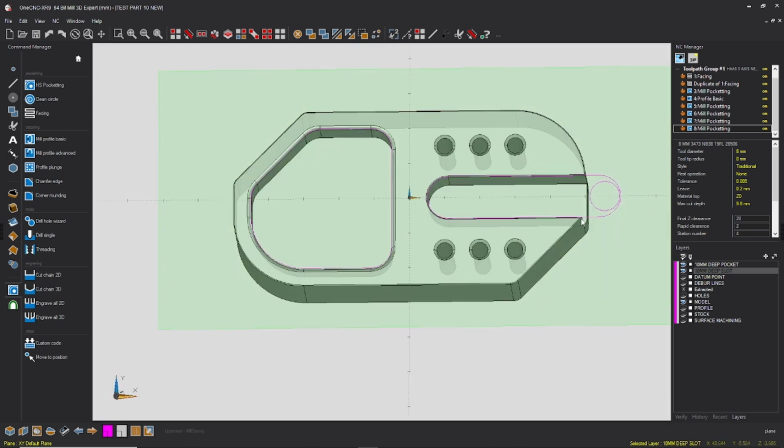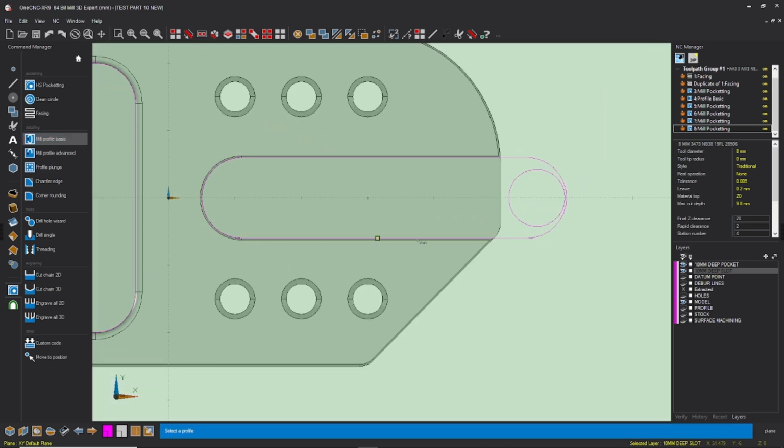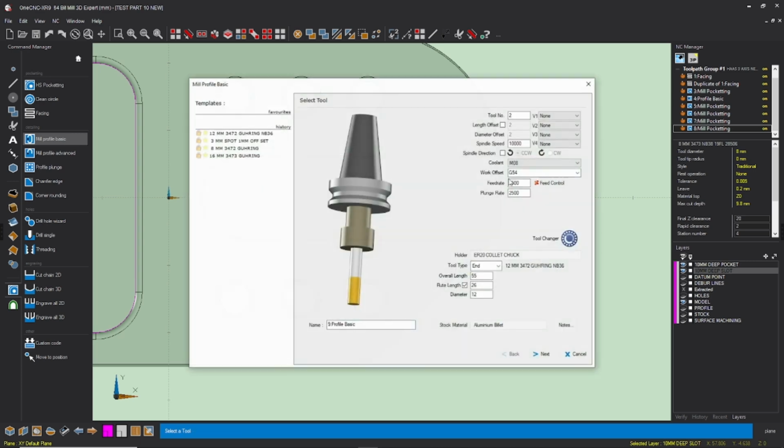Now what I'm going to do, go back to my top view again. I'm going to grab my mill profile tool. I'm going to grab that there like that, come on the inside line, and then I want to end here. So I click there,